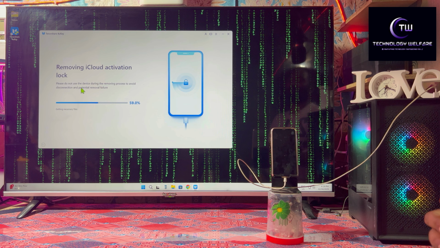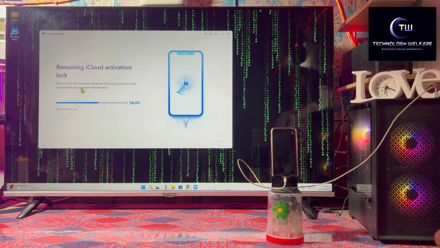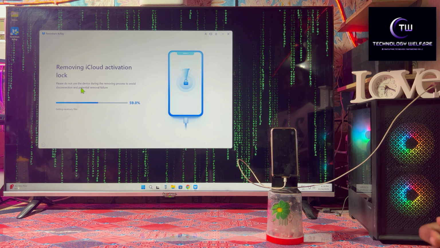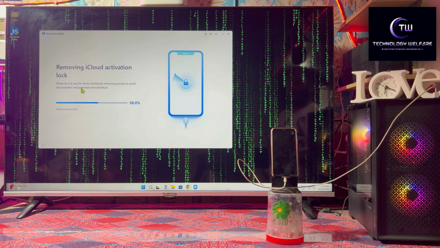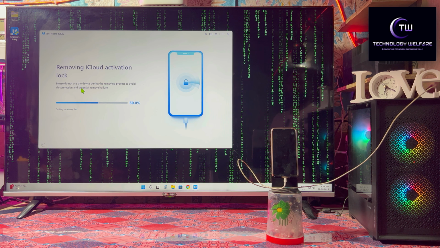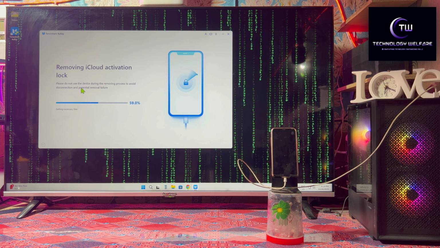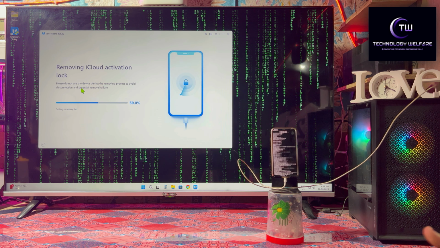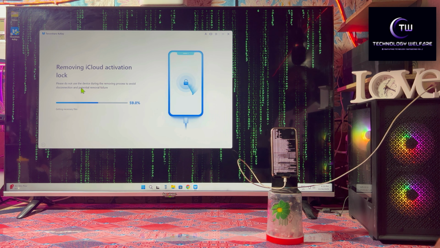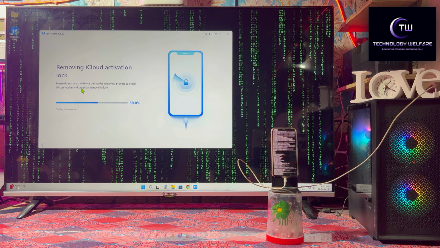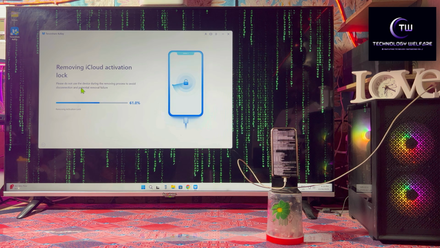Now see here, 59% and still waiting for the results. Let's see. Yes, it is taking time. We will have to wait here, no problem at all. Yes, still it is taking time. Now see here, on the screen it has started to bypass. So now we will have to wait here, no problem at all, till it has completed successfully